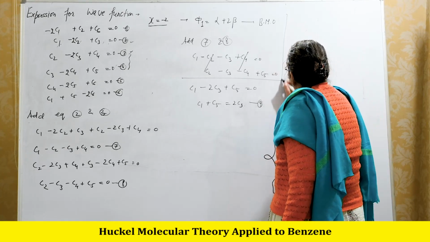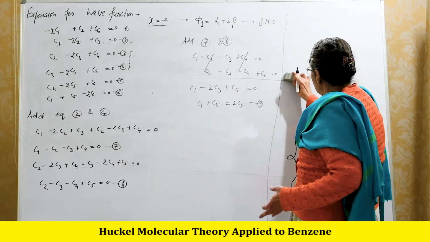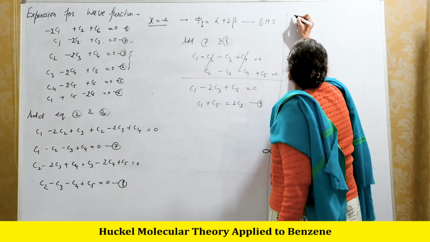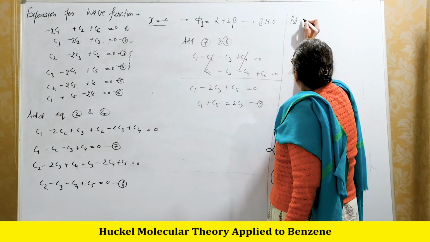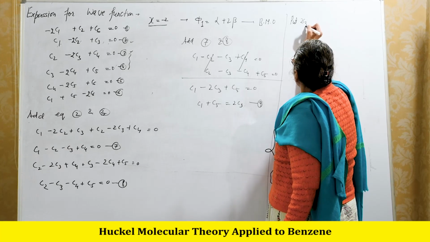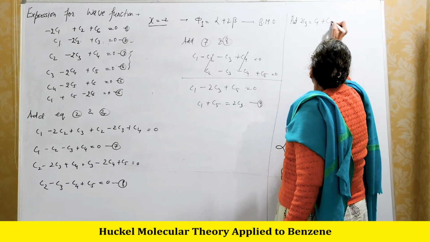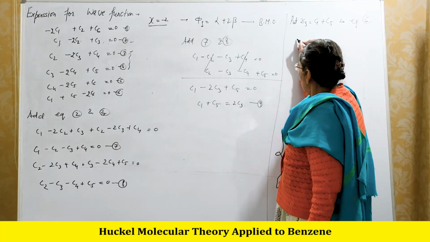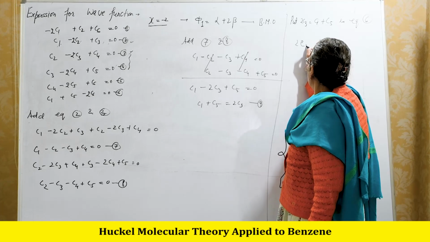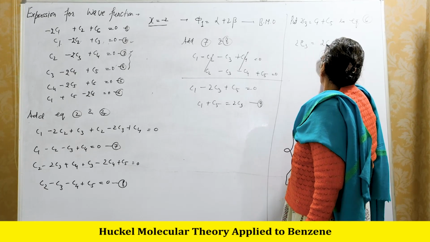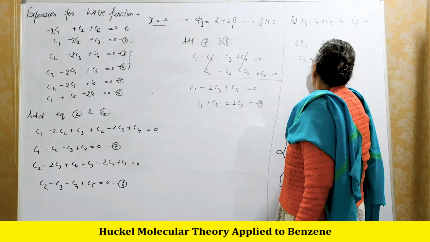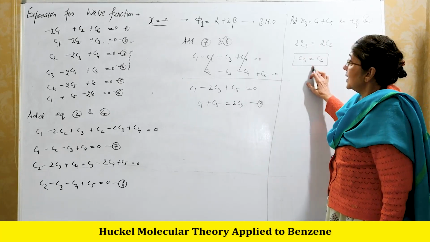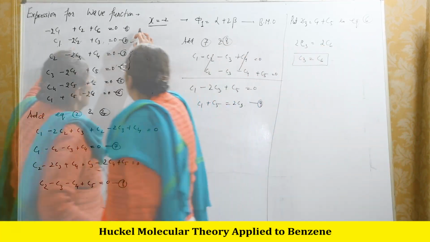Now, keep this value of 9 in equation number 6. Put 2C3 equal to C1 plus C5 in equation 6. So you get 2C3 is equal to 2C6. Therefore, C3 is equal to C6. You have got one relationship, and keep this C3, C6 into, put value